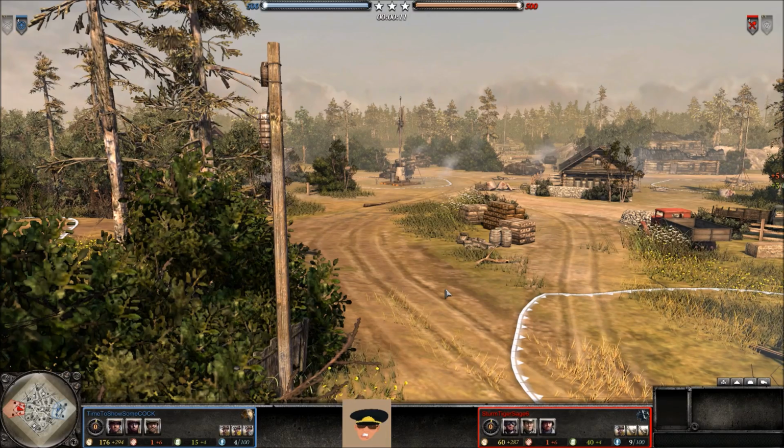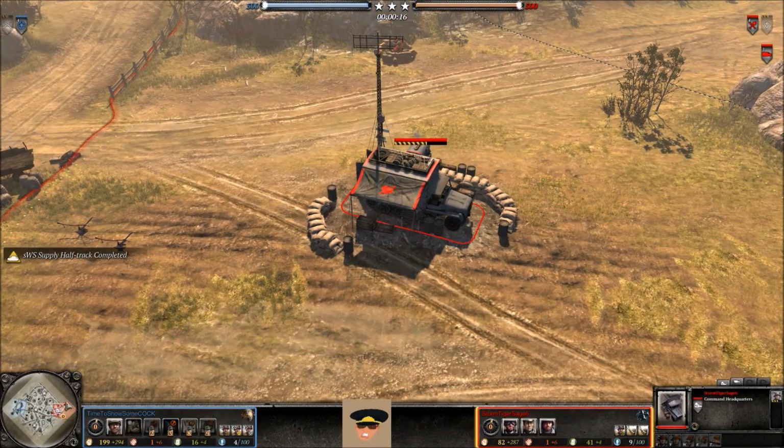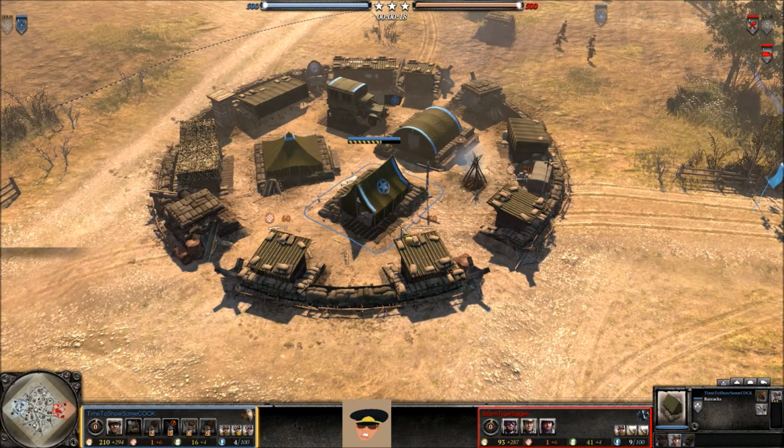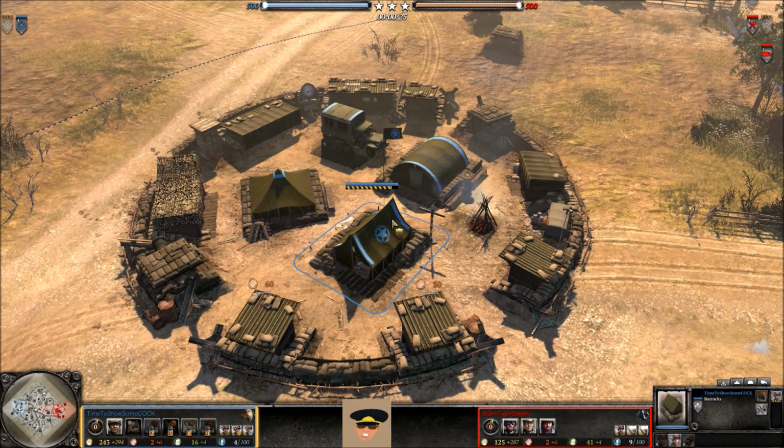1 vs 1 on Kholodny Ferma between our red OKW player, SturmTigerSage, and on the left side of the map we have our blue US Forces player, TimetoShowSomeCock,